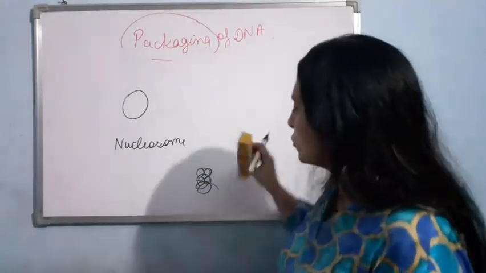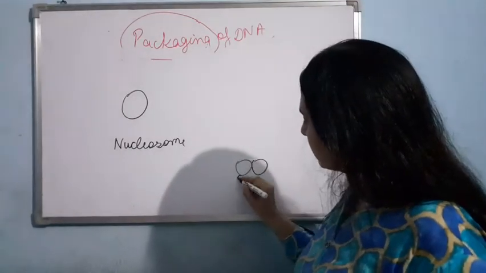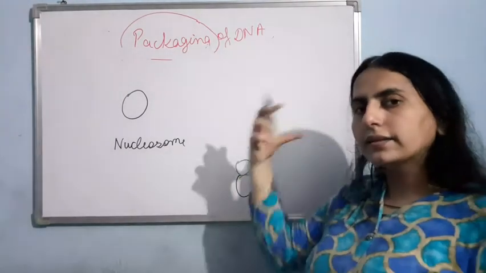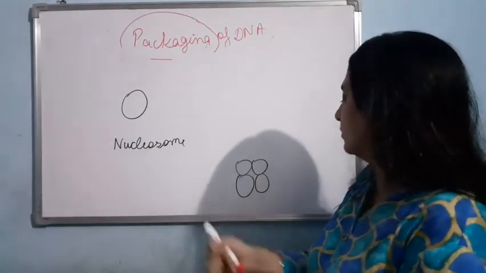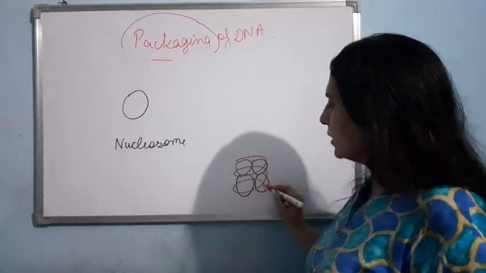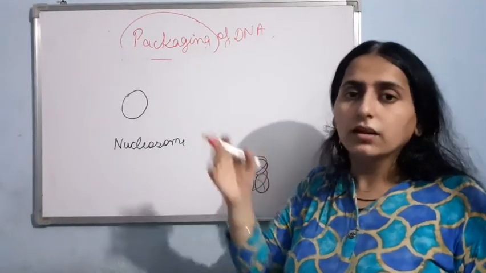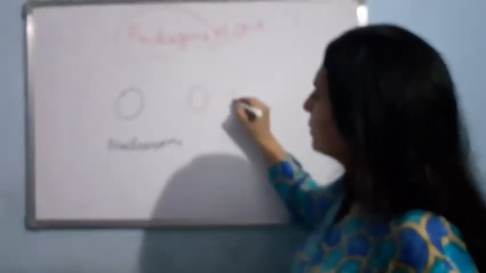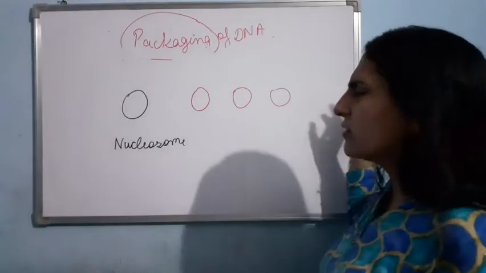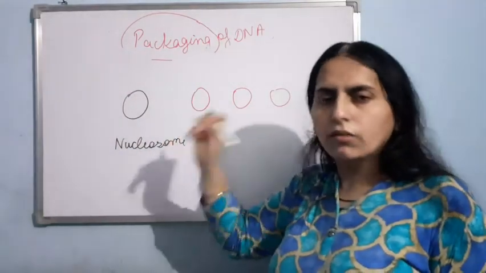Am I clear? So this is histone. 4 proteins and 4 are at the back. Total 8 histones, and over this the DNA is wound. This makes one nucleosome, and like this we have almost 300 million nucleosomes. So like this, first nucleosome, second, third, fourth, like this we have so many, the 300 million that I said on average. So now these nucleosomes have the DNA wrapped over the histones.